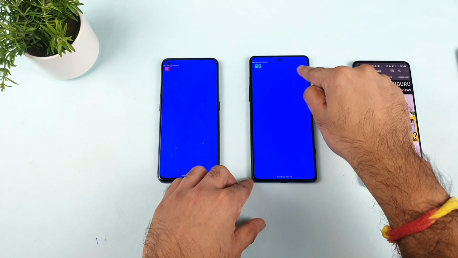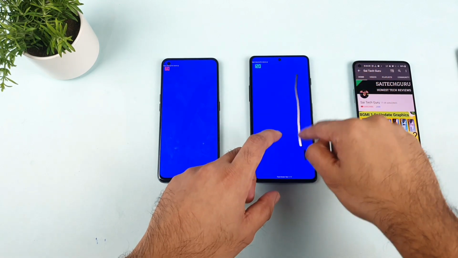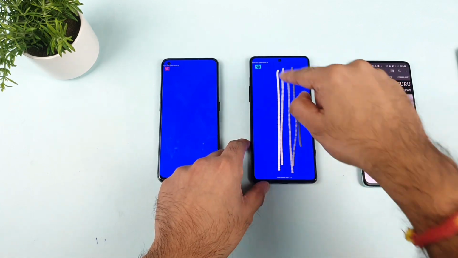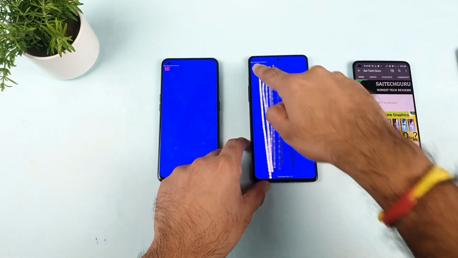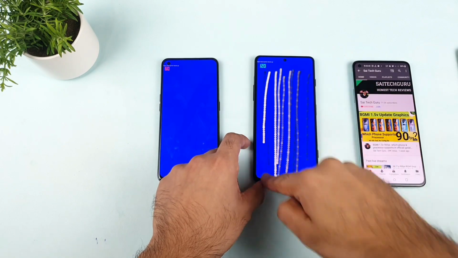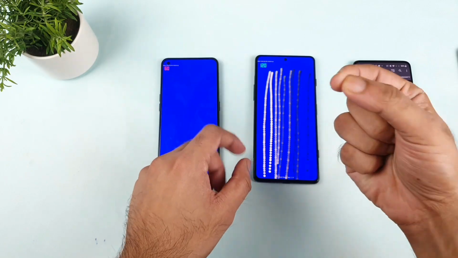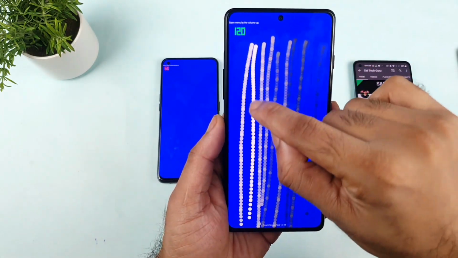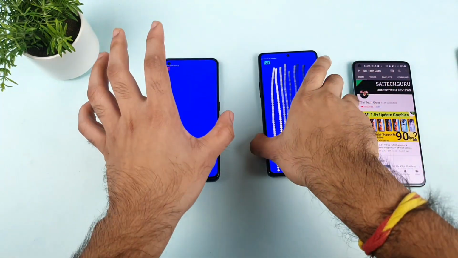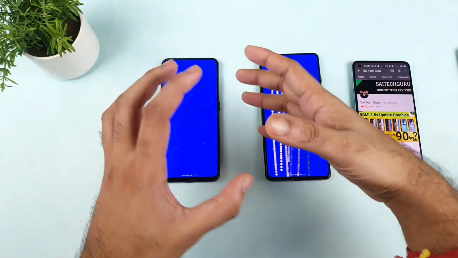Whenever I try to move the finger, you can see the line is created. As you can see, if I try to move faster, only small circles will be detected. I'm trying to move very fast, but still, because of this 480 Hz touch sampling rate, it was able to detect a much larger number of inputs from my finger. It's detecting more inputs. That is the reason you are seeing all these circles without any gaps. Now, if the phone doesn't have a higher touch sampling rate, this is 480 versus 240, exactly double.